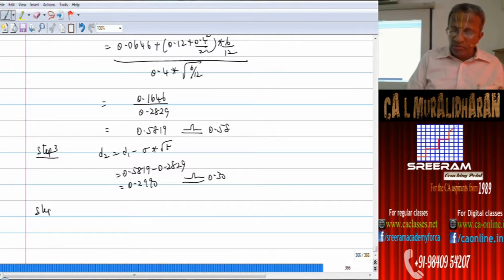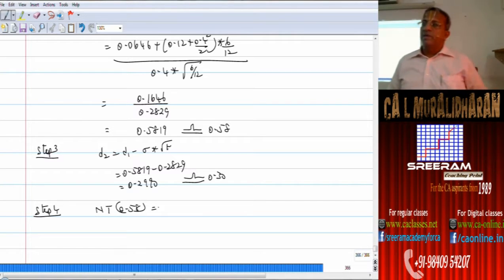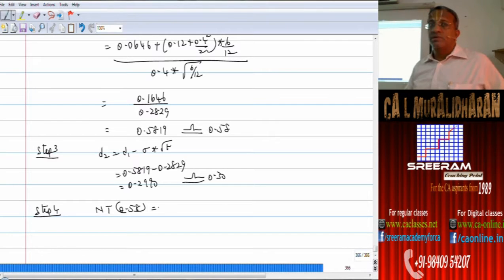So step number 4, normal table value of 0.58 we want. So now the challenge starts. The way in which we are expected to crack this under examination conditions would be discussed now. So have a closer hearing on the discussion that you are making. So have a focused thing. In case of any trouble, please bring all your energy to the forefront to learn this. Not a difficult one, but if you are not observing, then it becomes difficult.